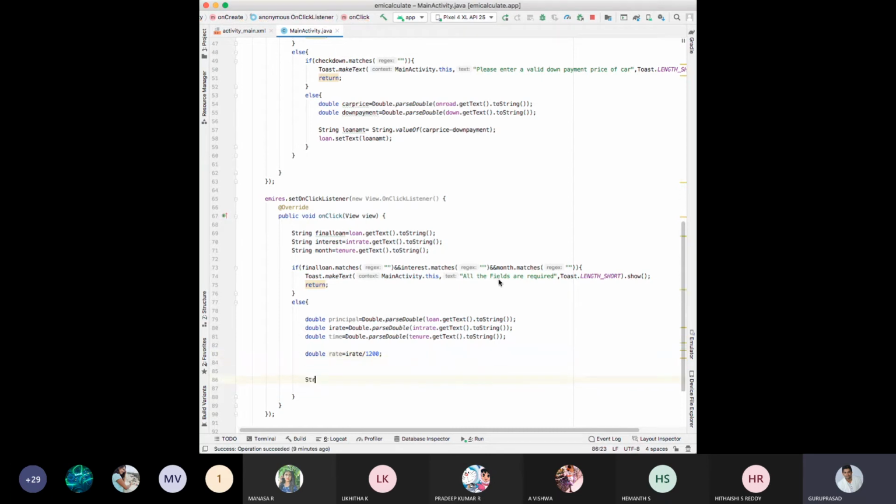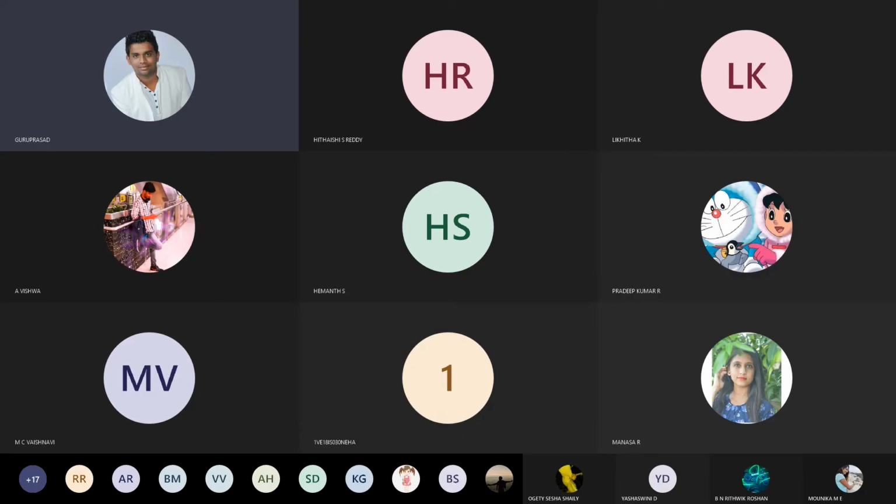Now string final EMI is equal to principal, whatever the principal loan amount, into, okay, what is the formula? Shall I show you the formula again?